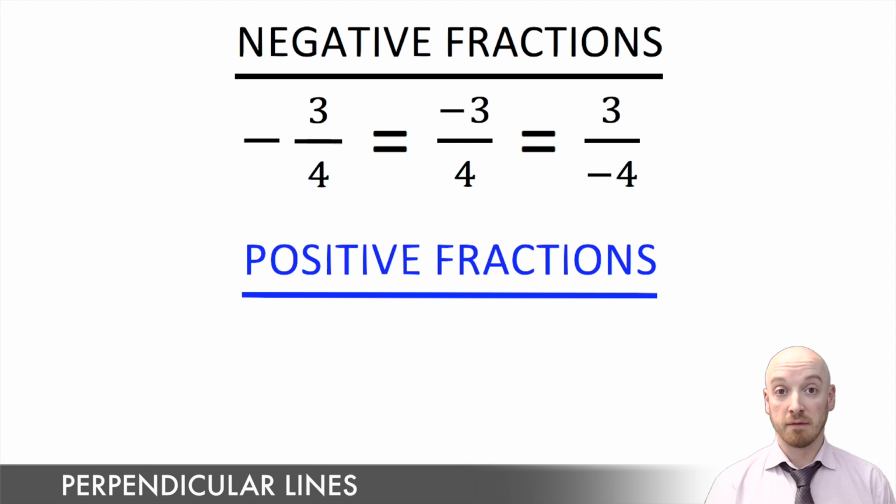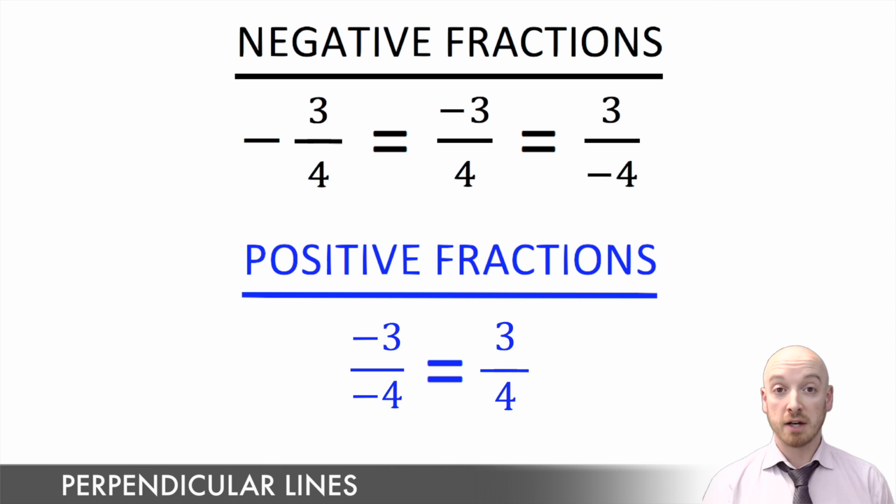Now be careful, it's possible, although rare, that you might have a negative value on top and on bottom of your fraction. If you see two negatives in a fraction, one on top and one on bottom, that actually represents a positive value. Remember, a fraction represents division, and when you have a negative number divided by another negative number, the result